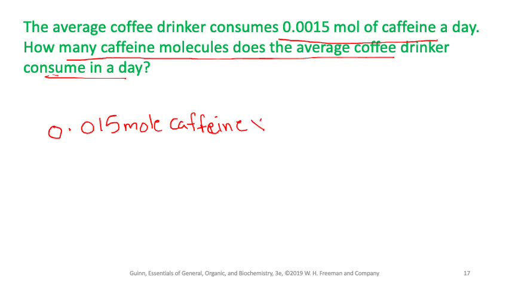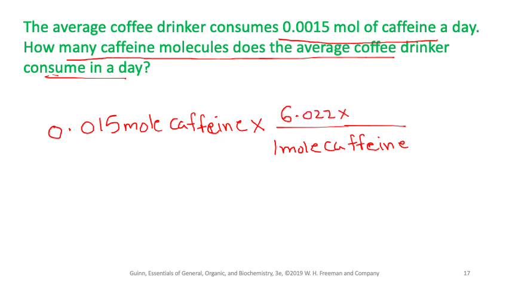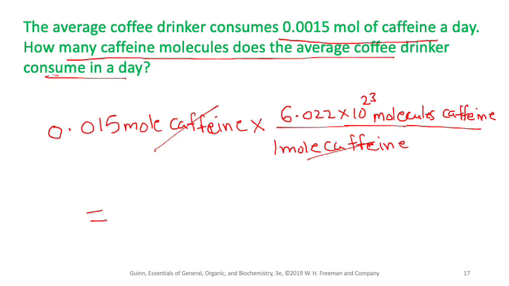and by definition I can say, if I have 1 mole of caffeine, how many molecules of caffeine do we have? By definition of Avogadro's number, I know I have 6.022 times 10 to the power 23 molecules of caffeine. So moles of caffeine got cancelled. If you multiply both the numbers on the top, you will get around,